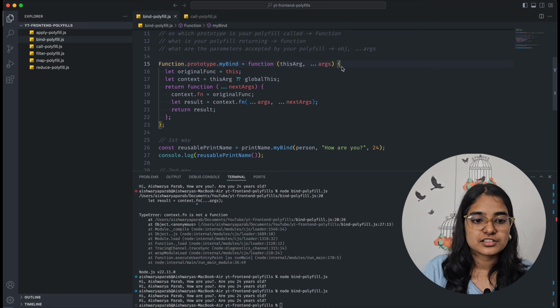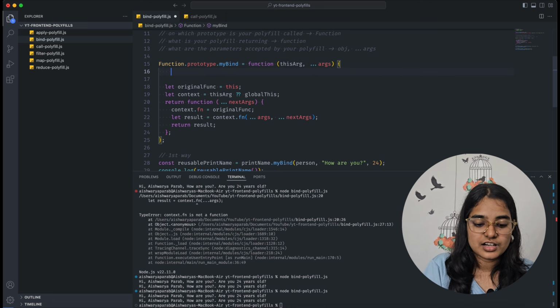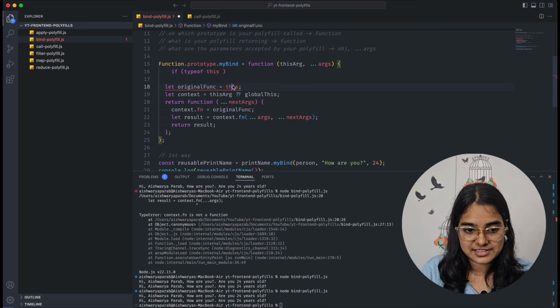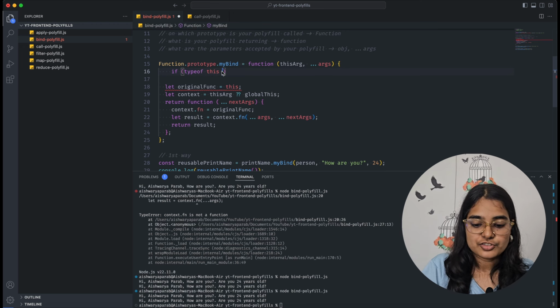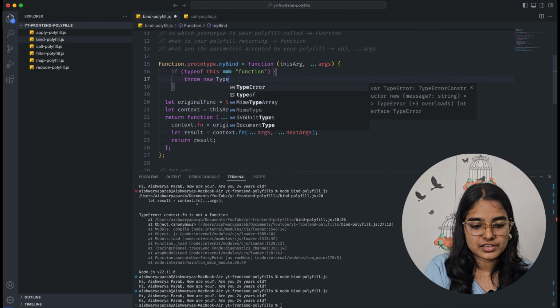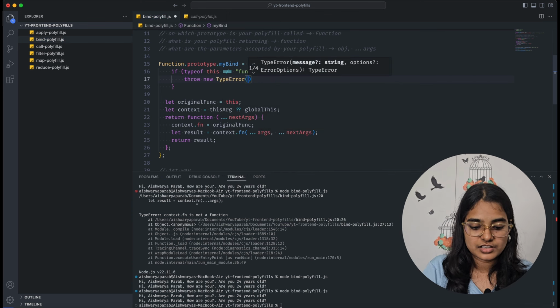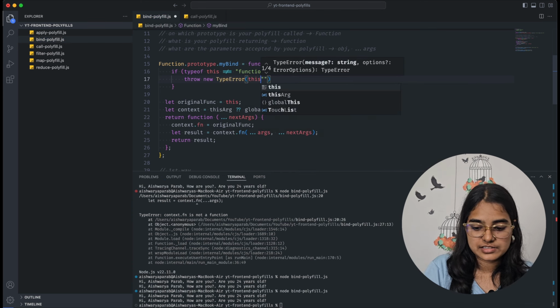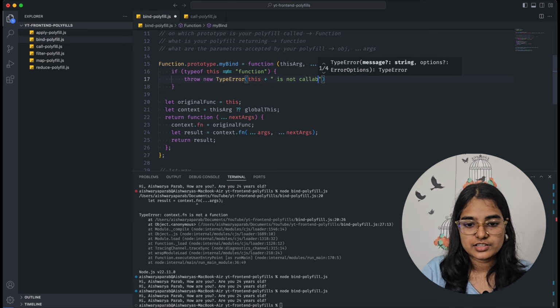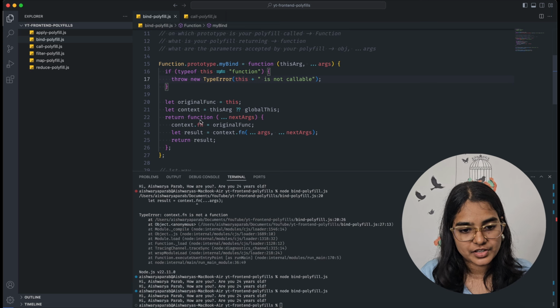So first thing that you need to check is the type of your original function. So if type of this, because this has access to the original function, right? So if type of this is not equal to function, then you throw an error immediately. You throw a type error saying that this is not callable.